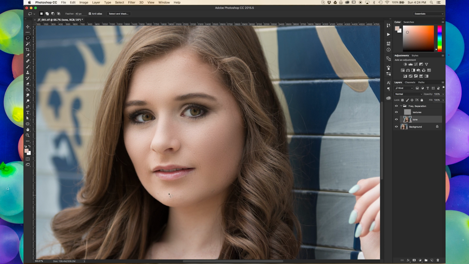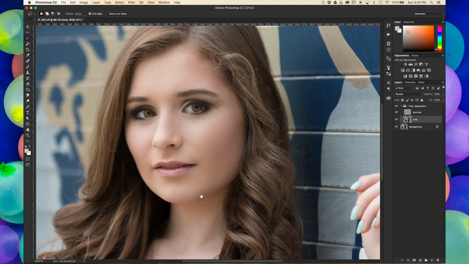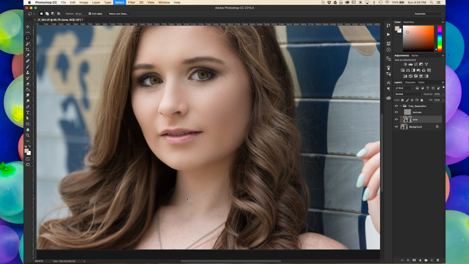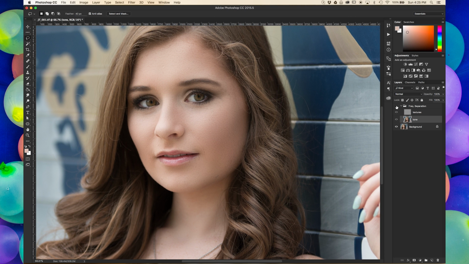Start blending all this together. We could even work on some areas down here. All right, if we turn this on and off, we can see the areas that we've affected so far, looking pretty good. So when you're working on the low frequency or the tonal ranges, you can use things like the